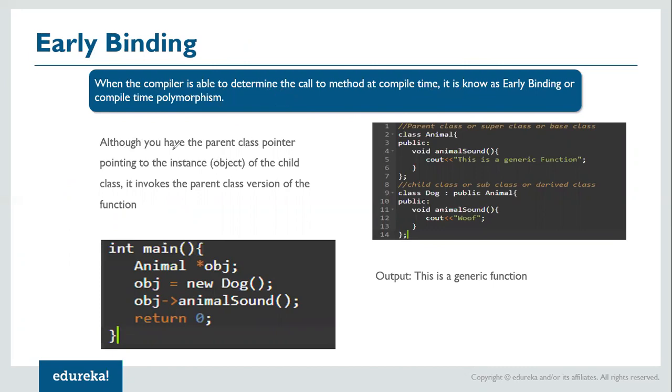Now here you will see that I have an animal class from here to here, and there is a dog class which extends this particular animal. It has an animal sound method, and the animal class also has an animal sound method. Now here I create a pointer, and that points to an object of dog. And if I try to call animal sound, it is going to call